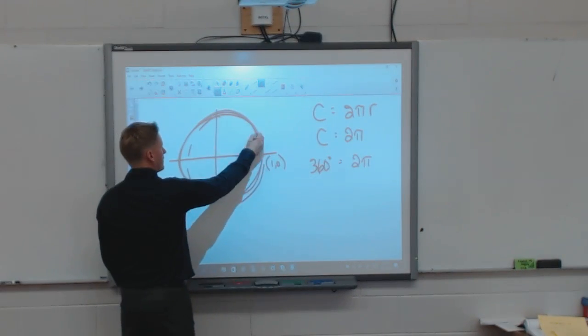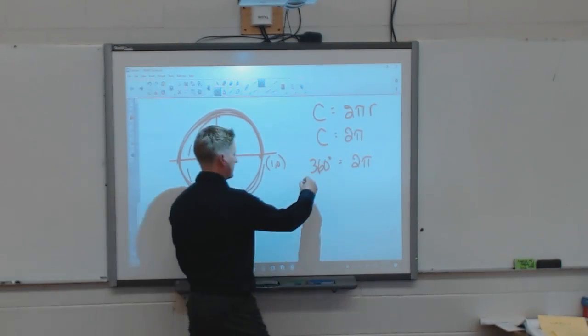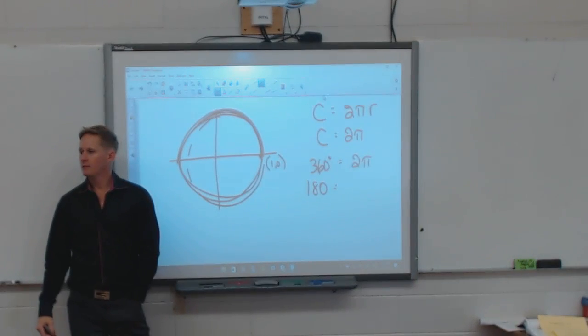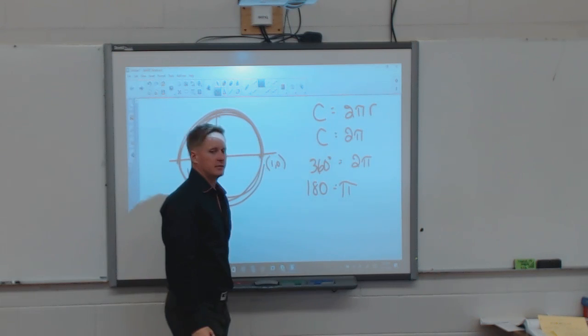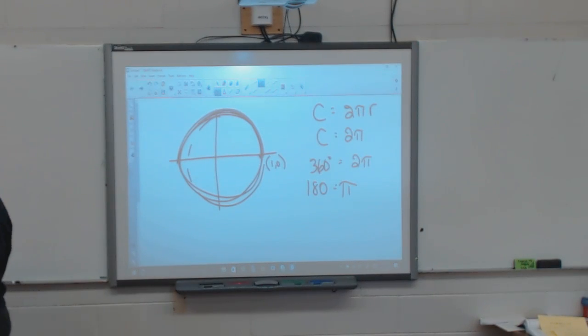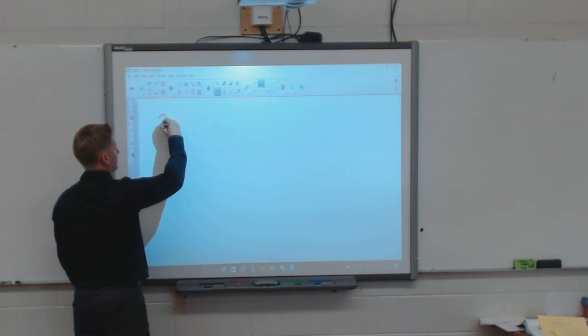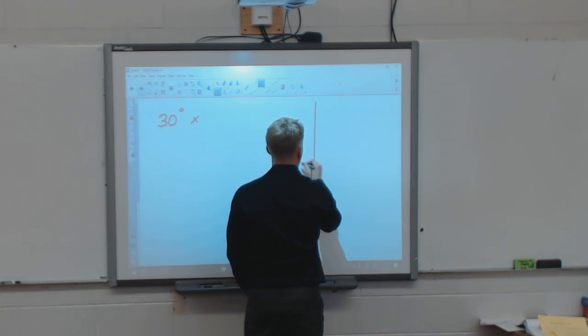So what is halfway around the circle then? How many degrees? 180. And how many radians would that be? Pi radians. Okay? So we are going to use that conversion to change from degrees to radians and radians to degrees. All right? So, for example, 30 degrees. Well, if I look at my circle,